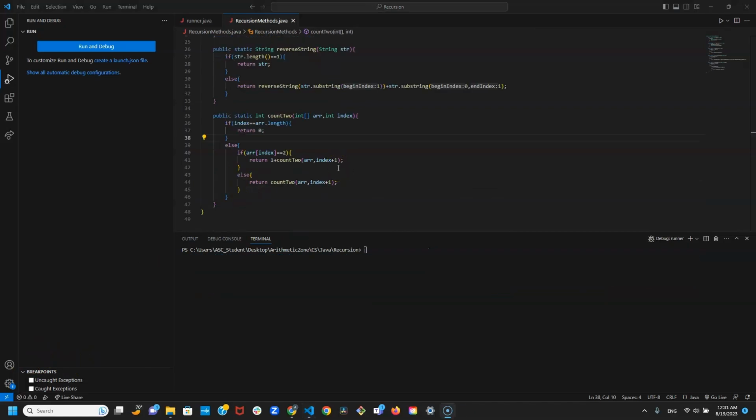Here we have a slightly more complicated recursive method. It's called count2. So this takes two parameters. It takes an integer array and an index value. And what it does is that it goes through the array and it counts how many times the number 2 appears in that array. Again, this can easily be accomplished with a regular iterative method, but we're going to use